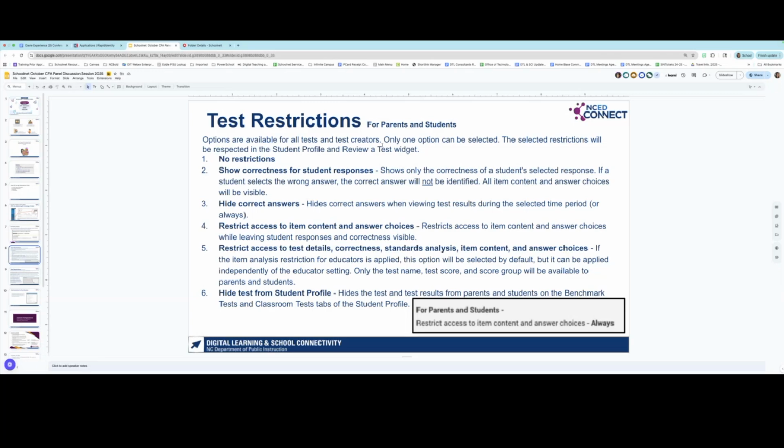We recommend keeping this slide deck to reference, especially if you want students to go back and do test corrections, but you don't want them to see the correct answer. That's going to be a specific restriction of show correctness for student responses. So definitely grab this slide deck to reference later when you are creating your CFAs, and keep these things in mind when you are creating your test.